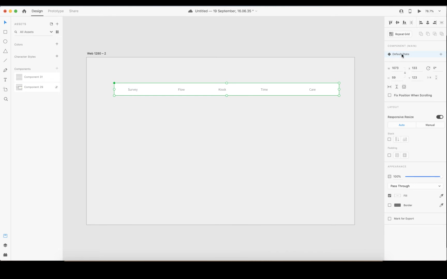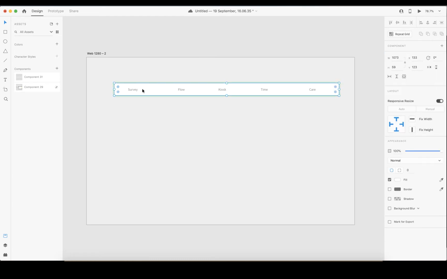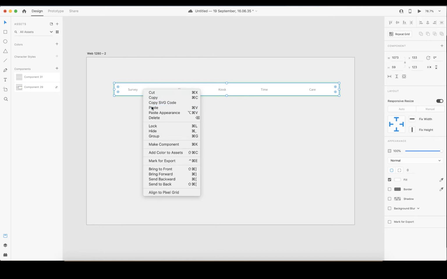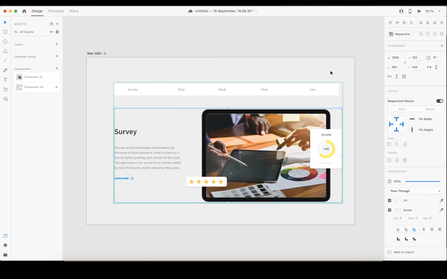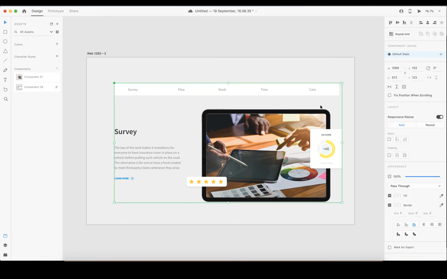component. Once you click component, you see this default state. On this default state, you see this green line, meaning that you're on the component. So when you click on it, double click on it rather, you can now paste what we cut. So once you paste it, you see that it has gone inside. So this is default state. So by default, this is what you see.